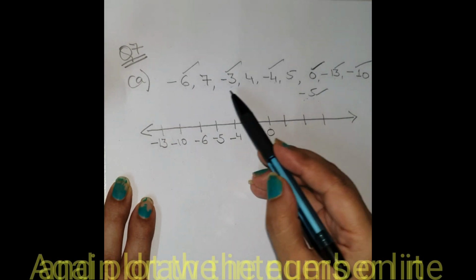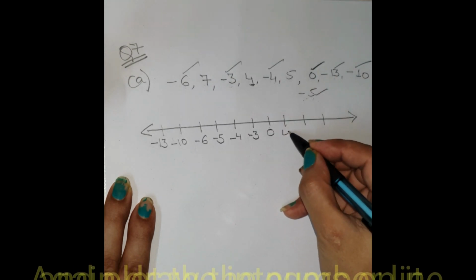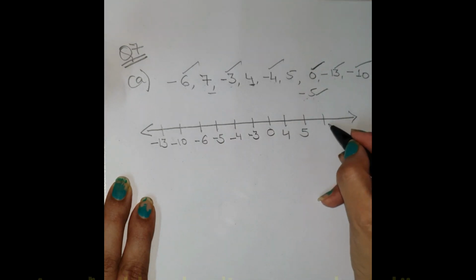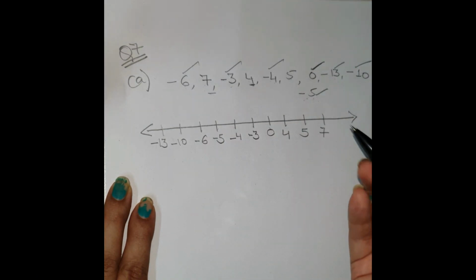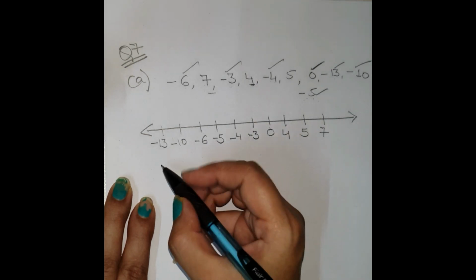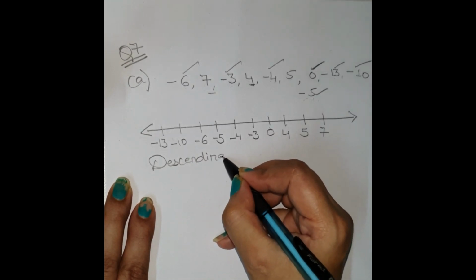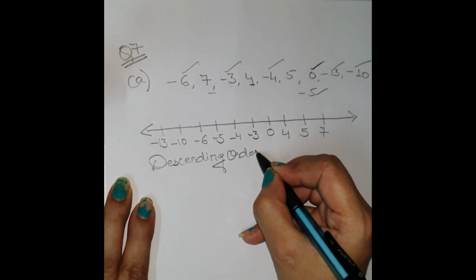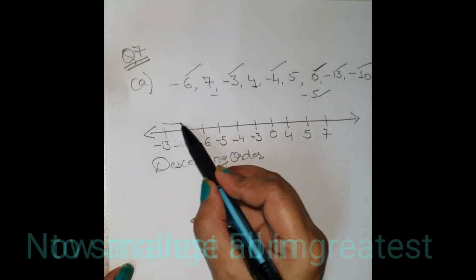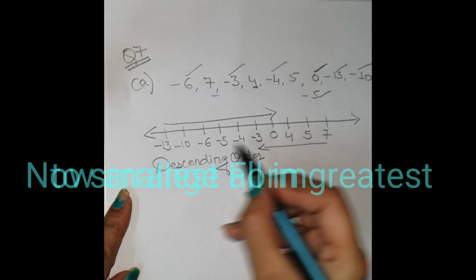Okay. And then towards the positive side will come firstly number 4, then number 5 and then finally number 7 will come here. Okay. So see, we have plotted all the numbers on the number line. Now simply you have to write these numbers in the form of descending order series. So it's quite simple. As I told, in increasing order you will move from this side to that side, and in decreasing order you will move from that side to this side.